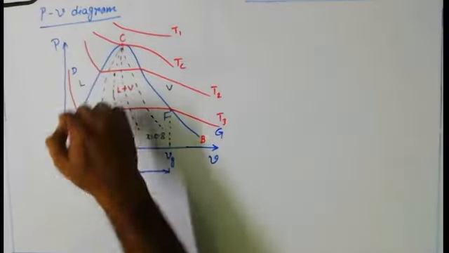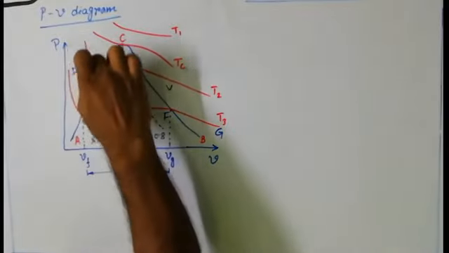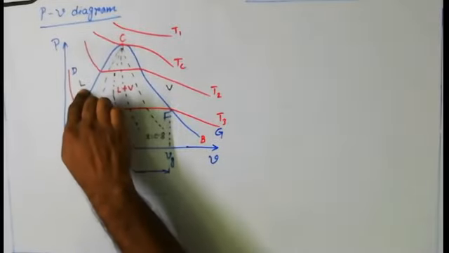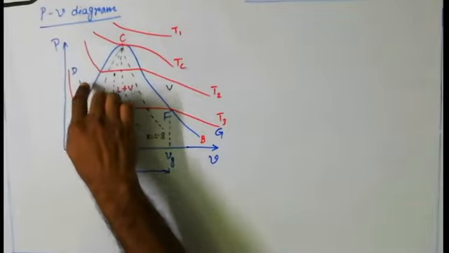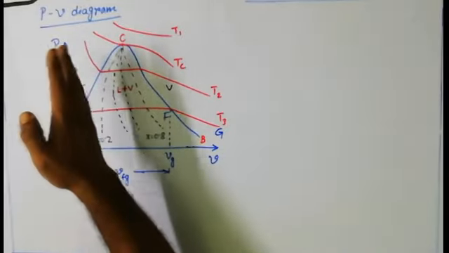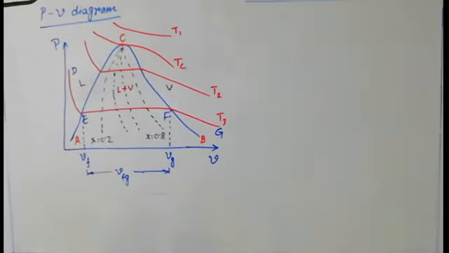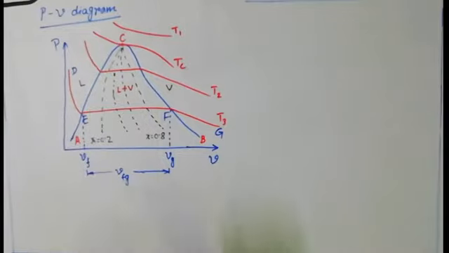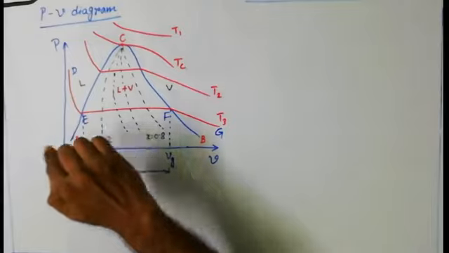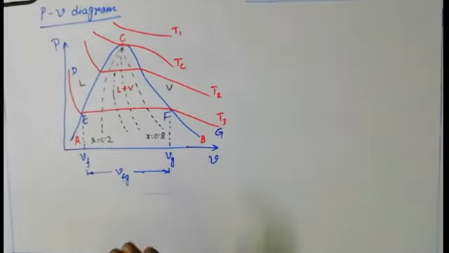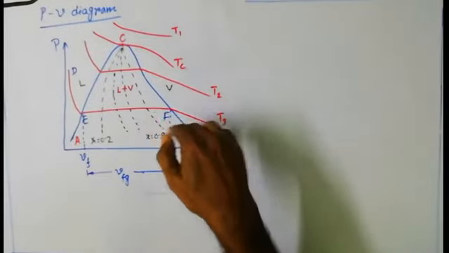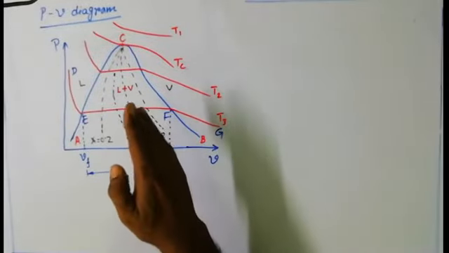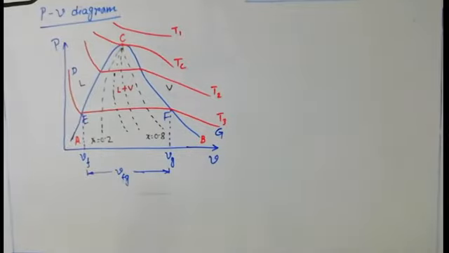And the left side of that AC curve, that is this location where I have written capital L, is the liquid region, or you can say the subcooled liquid region. That means the temperature of that substance is below the liquid saturation temperature, and this curve AC is known as the liquid saturation curve. Similarly, the BC curve is also a saturation curve, but it is the vapor saturation curve.